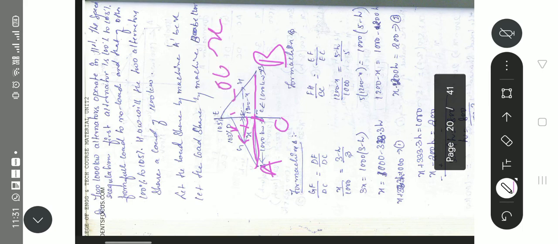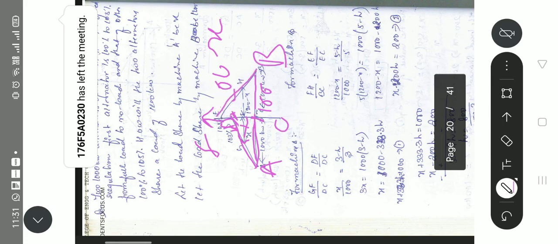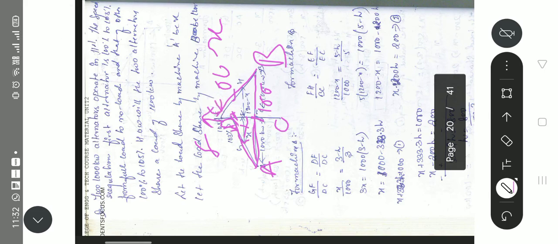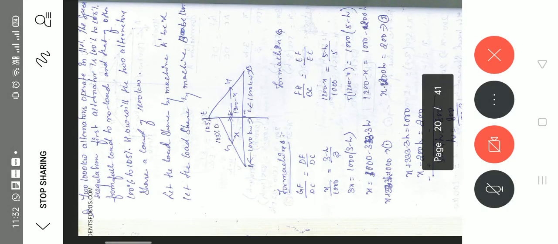Same way here, the y axis is frequency and the x axis is load. Machine A's regulation is 100 to 103, and this point I am taking as D. Machine B's regulation is 100 to 105, and from here to here I am taking one point as E. So we have A, B, C, D, E. Next, the common point on both machines I am taking as F. From this I am taking the triangles.